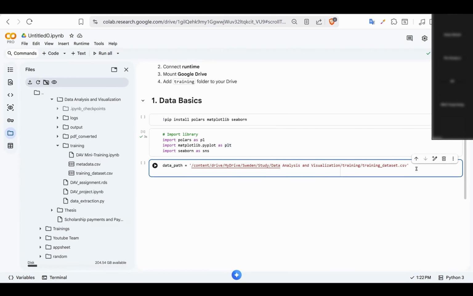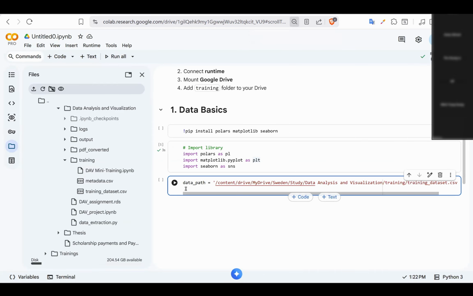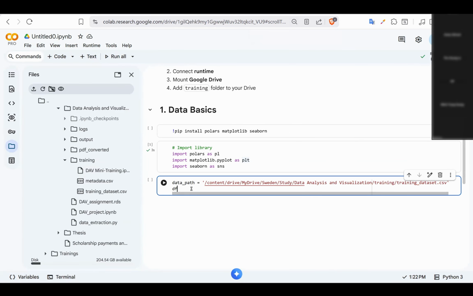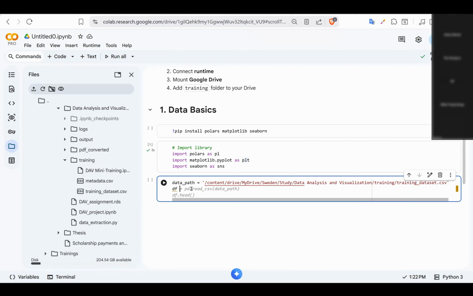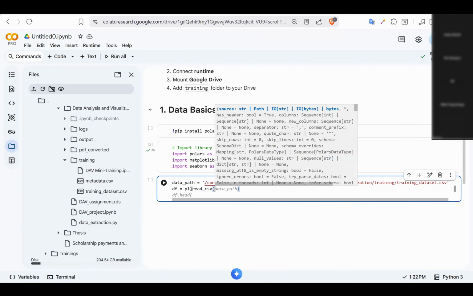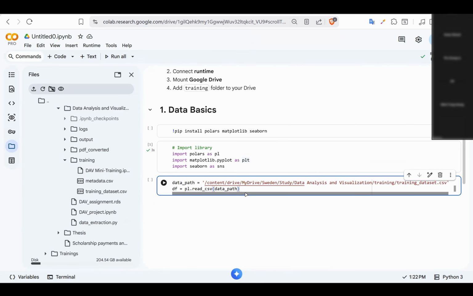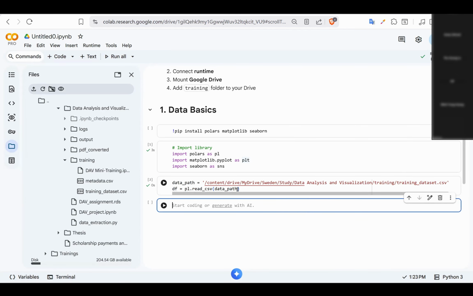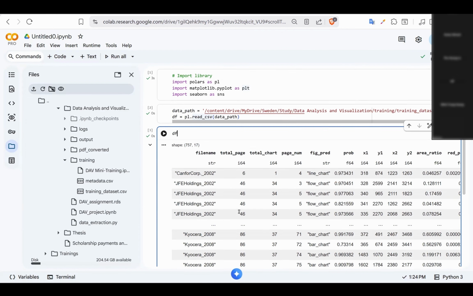Okay. The next one is to create, I will zoom it a bit, create a variable called data frame, df. Then data frame equal to pl.read_csv and pass the data path into that function. So this line will read that file and assign it to the variable df. Okay, and we run this cell. It has already read the CSV file, and we can check the df like this, write df and